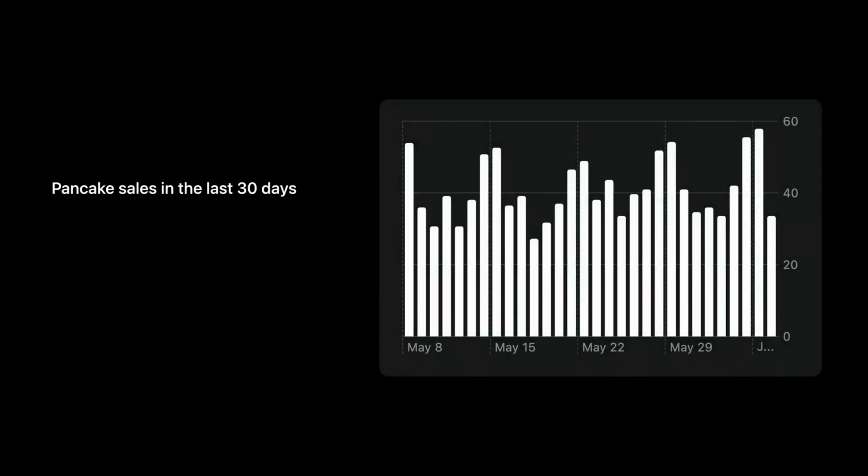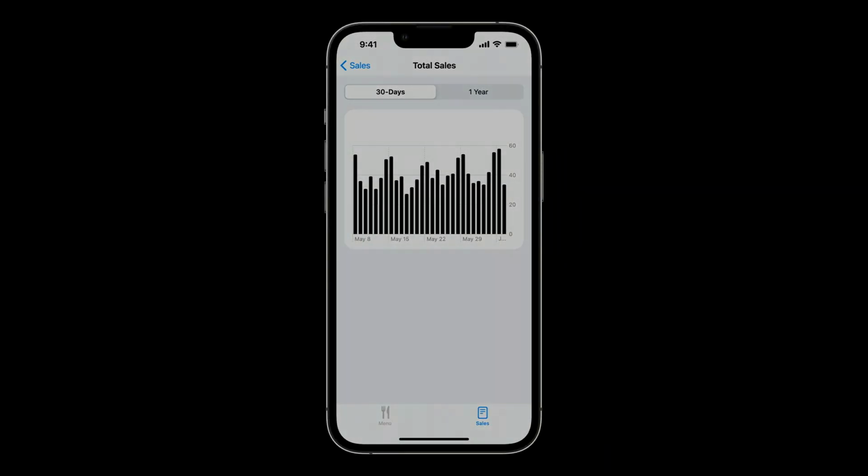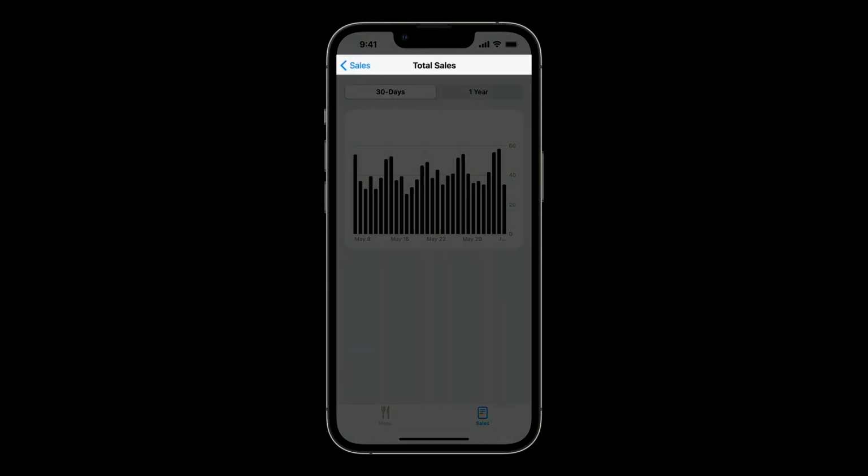Descriptions are important for framing the intent of our chart and making it approachable and accessible. Use descriptions, or text preceding the chart, to provide context to make the chart more approachable. They can make it clear that our chart is about pancake sales in the last 30 days. This text can be brief and should be part of the user interface around a chart. When we look at this chart in the UI of our app, the screen's title, Total Sales, already gives some context, and the label on the segmented control that says 30 days quickly establishes our time range.